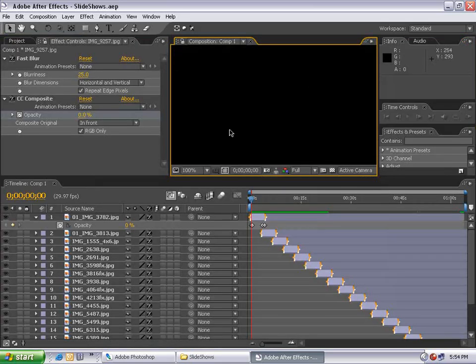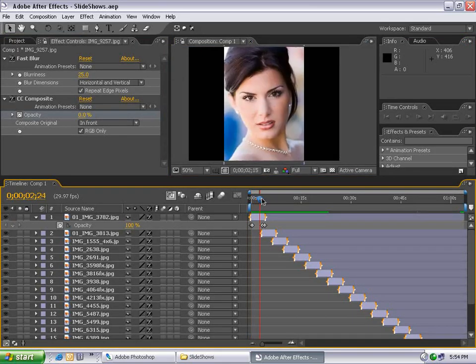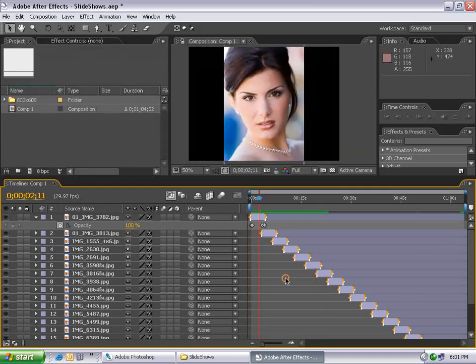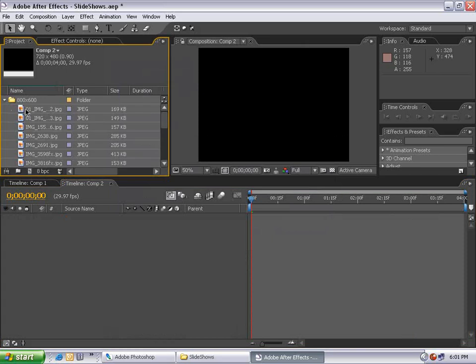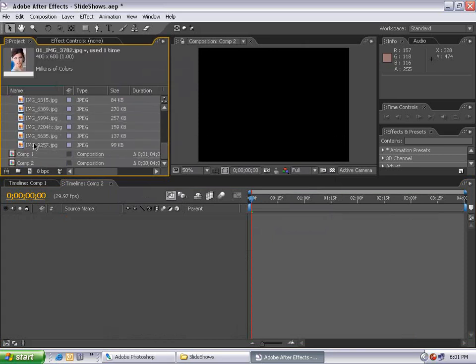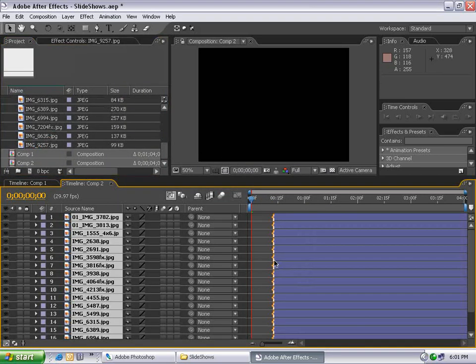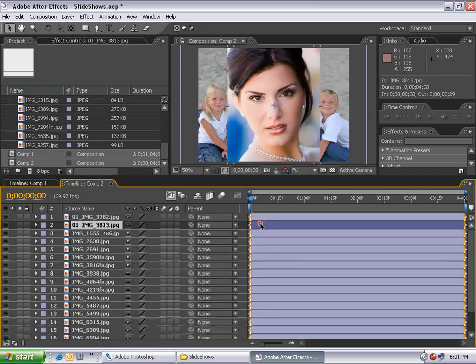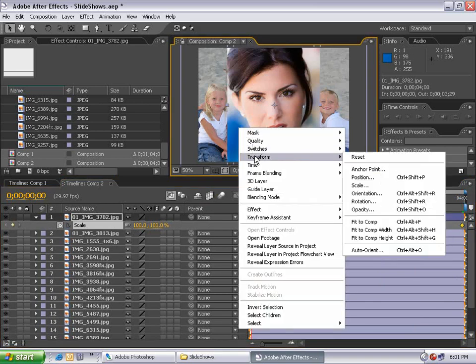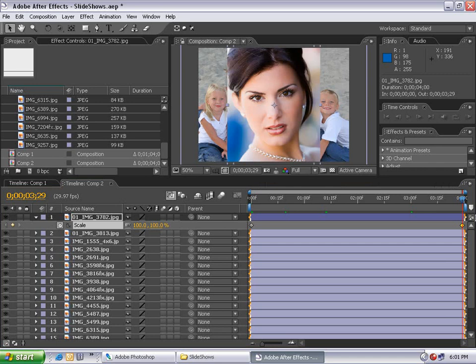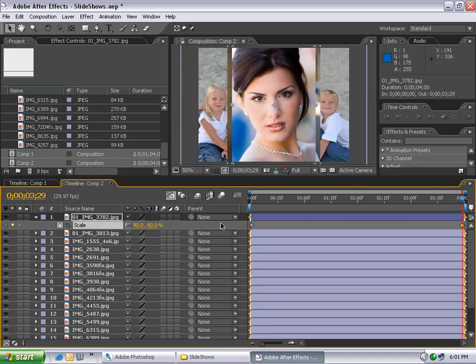Okay, so you're thinking, well, did that take a long time, or was I just teaching it really slowly? Well, let's find out. Composition, new composition, set the duration to whatever length you want the images to be, 4 seconds, and set your preset. Choose OK. Go to your images, select the first image, go down to the last image, hold down Shift, drag them out to your comp, hit Alt-Home to bring it to the beginning, then select the first layer, hit S to bring up the scale, click it, go to the end, set a keyframe, go to the beginning, right-click, choose Transform, Fit to Height, go to the last keyframe, set it to 90%, that way it goes from 80 to